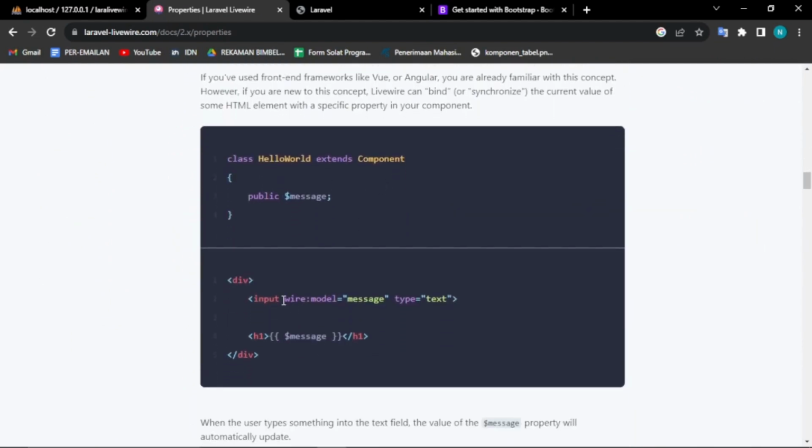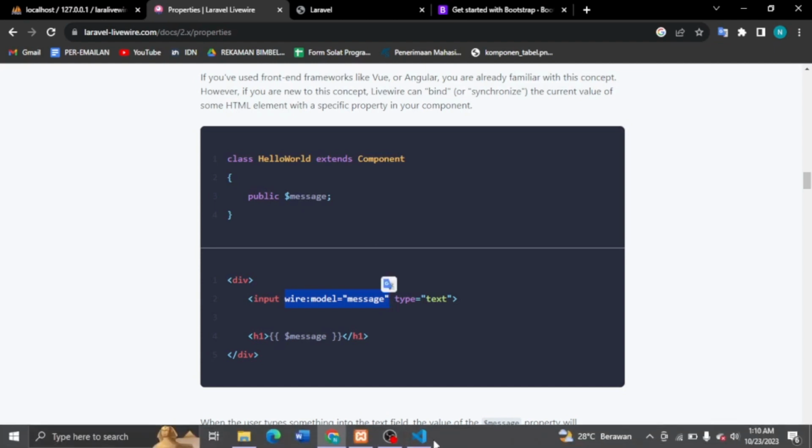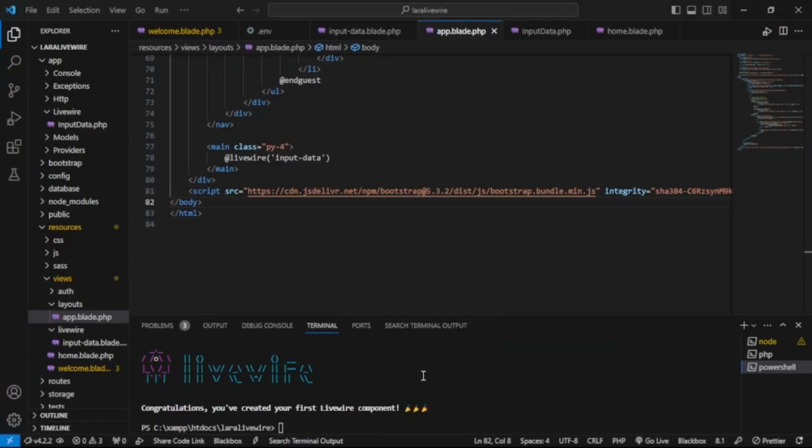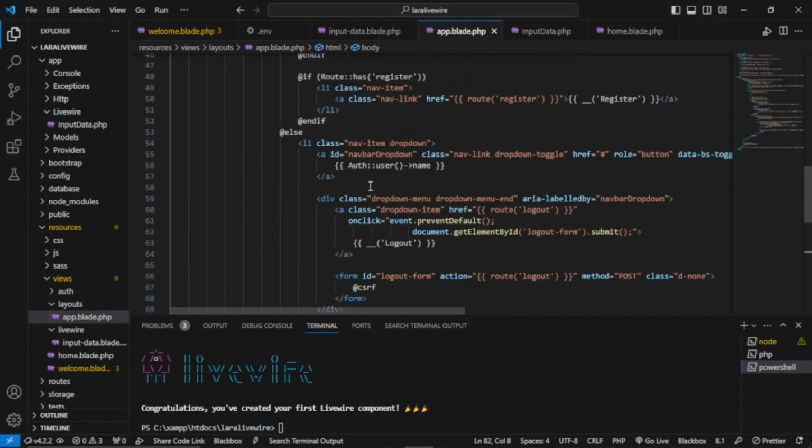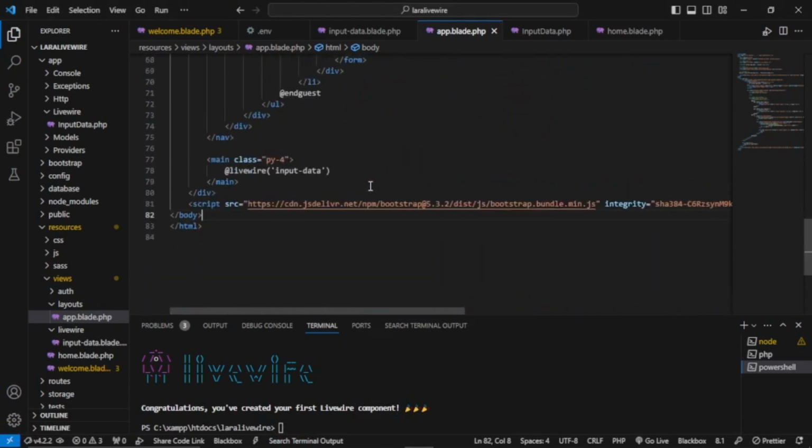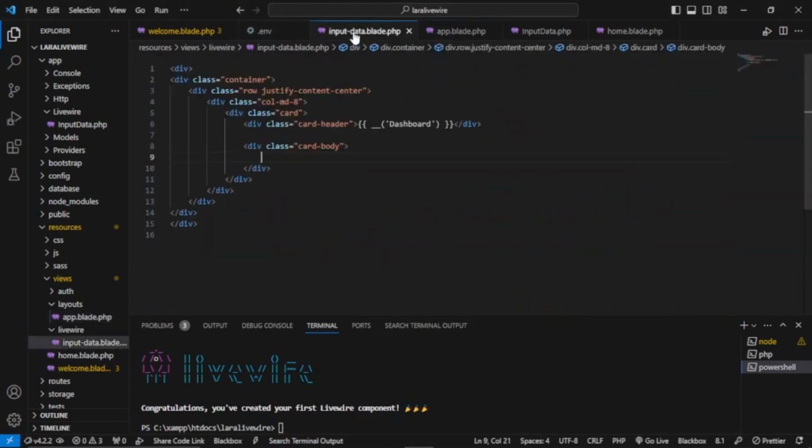And then you have to copy it. Then I'm just gonna paste it. Oh wait,